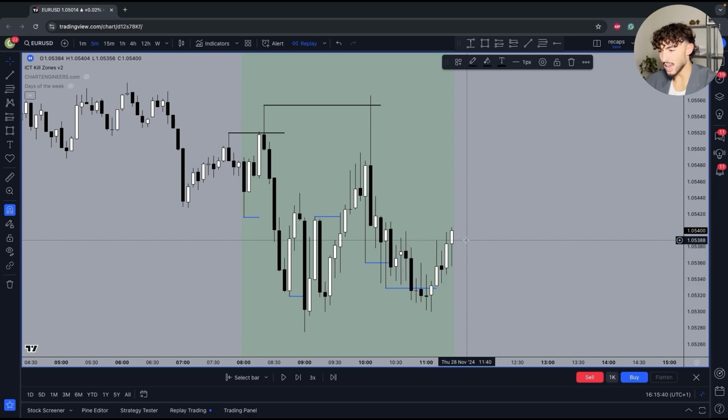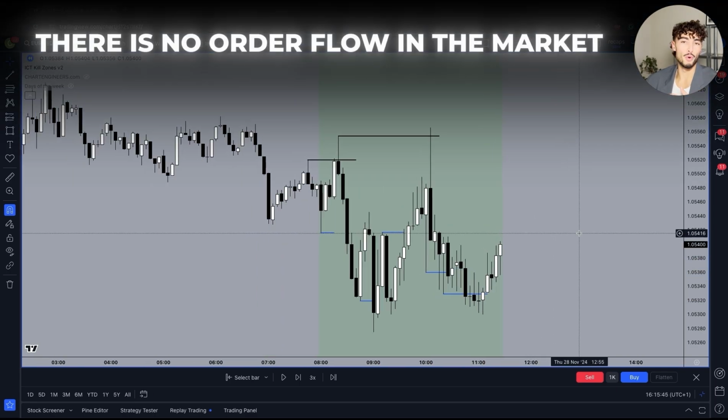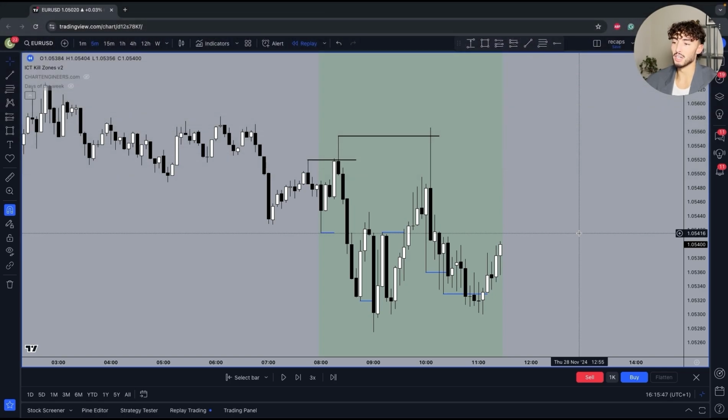So at this point, again, it confirms that there is no order flow in the market and that price is showing no willingness to move in a certain direction but sideways. So it's just sideways price action, really choppy. A lot of people will blow their accounts here or take a lot of losses in these kinds of environments. So for me, I'll write this day off and go do something else